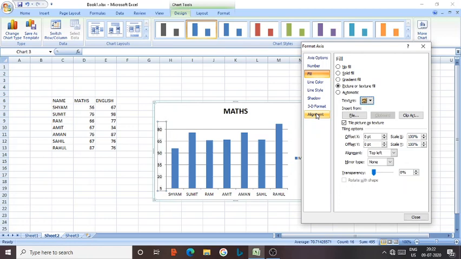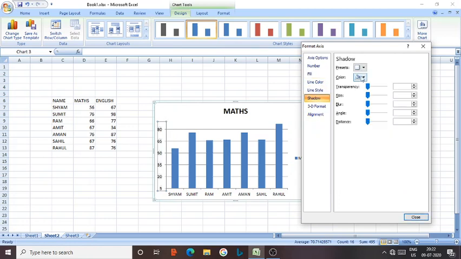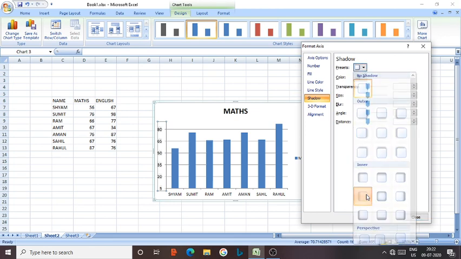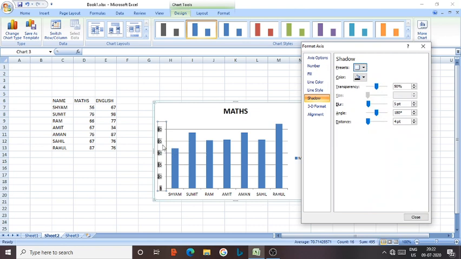Alignment also you can change according to your requirement. Shadow also you can do, this number will become shadowed. So these are the things we can do, but basically we are representing the data in graphical form.